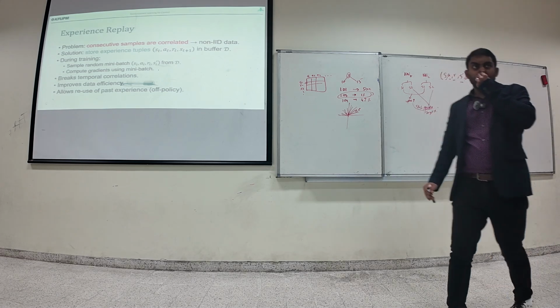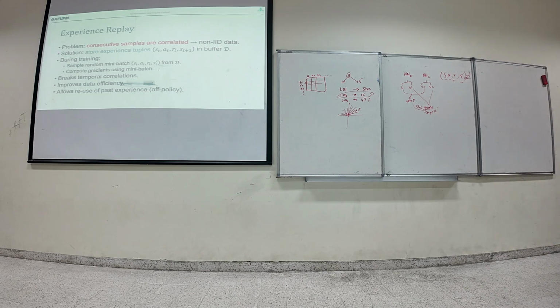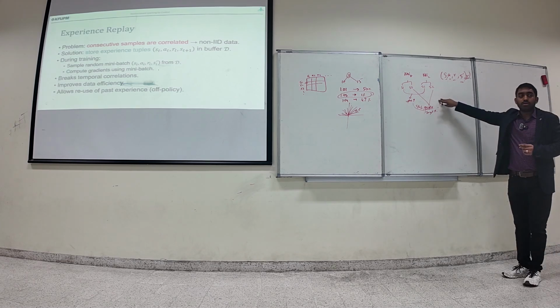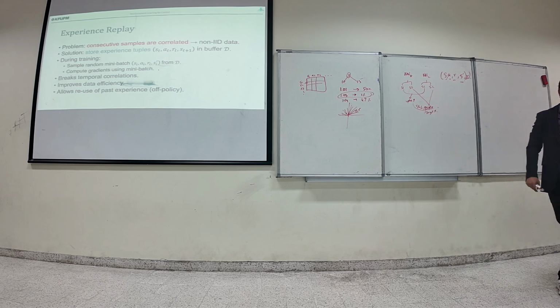In this case, what if the neural network uses the same network for both prediction and targeting, not separate, one for the target and one for the update? With two networks, you update one for some interval of time and use the other for the target, to cover up the divergence or instability. If you use the same network both for updating and for prediction, will it work or not?